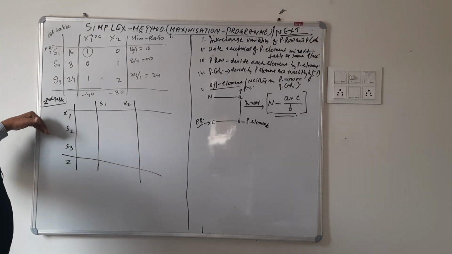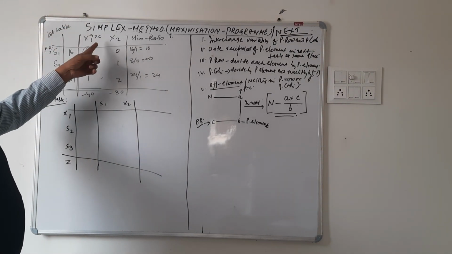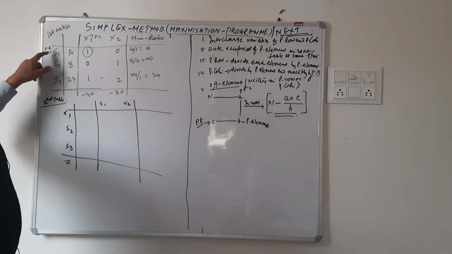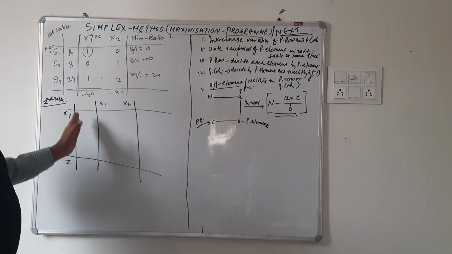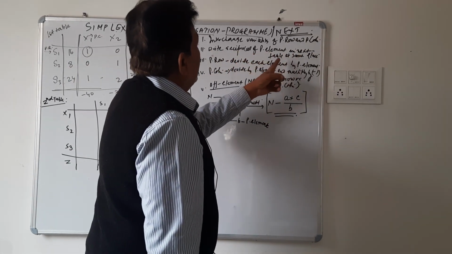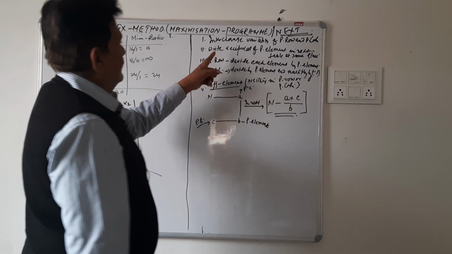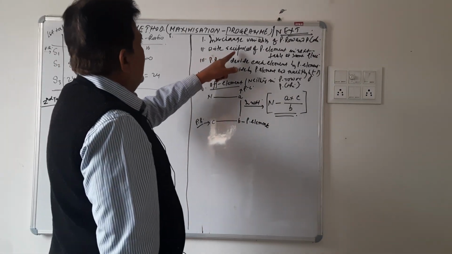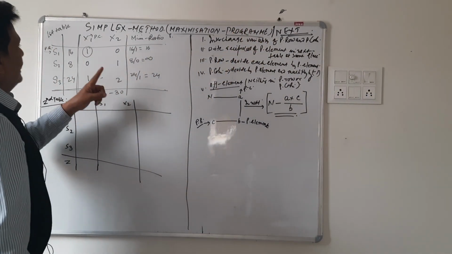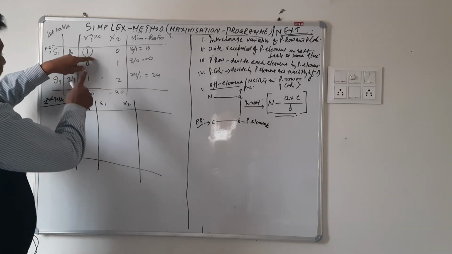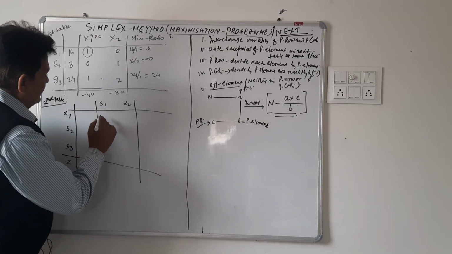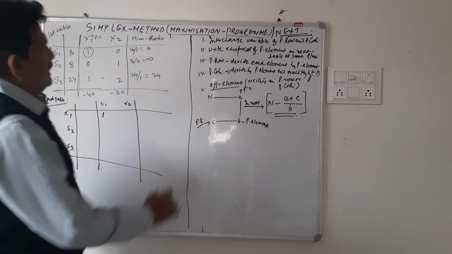We are just switching over to the second table. From the first table, the variable of the pivot column has come into the vector, and the element of the pivot row has gone into the column. So x1 and x1. Now, write the reciprocal of the pivot element in the next table at the same place. Be mindful. We have the pivot element as 1. Its reciprocal has to be kept at the same place. So the reciprocal of 1 will be 1. This work has been done.